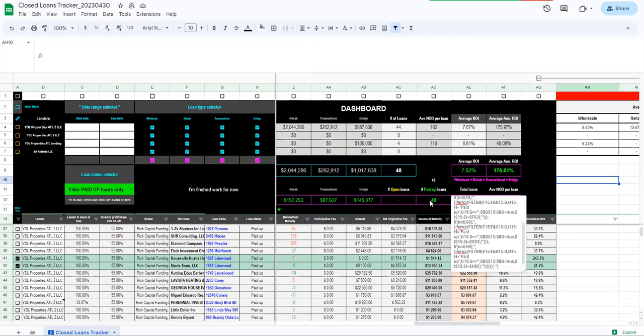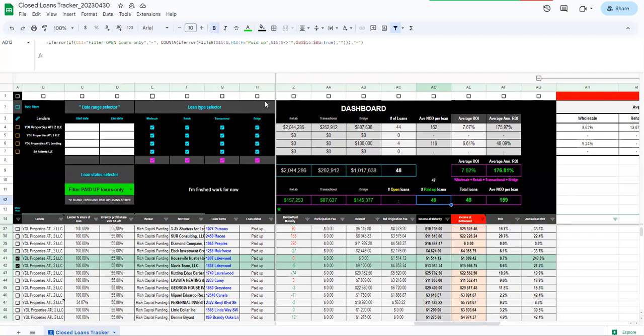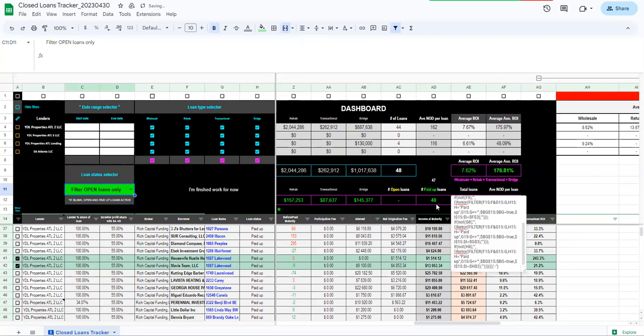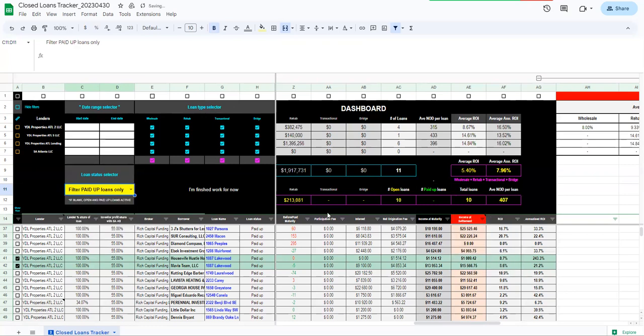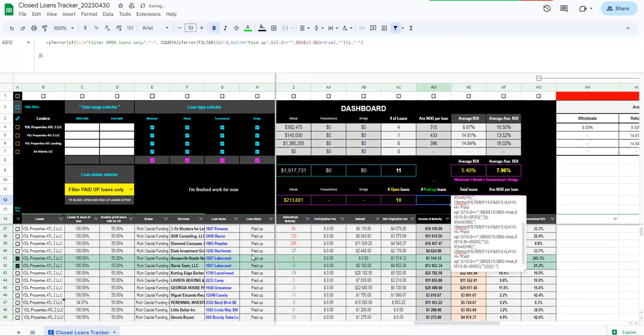I have reverted the formula, and this is now considering the count of the paid loans which are lying under the range of the date, and if you select the open loan, it will show you a dash. So it is not considering. Let me show you. Okay, so now you can see it's removed. So it is not taking into account